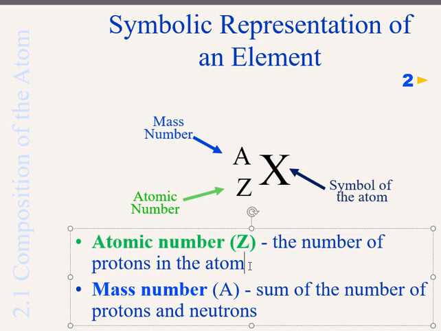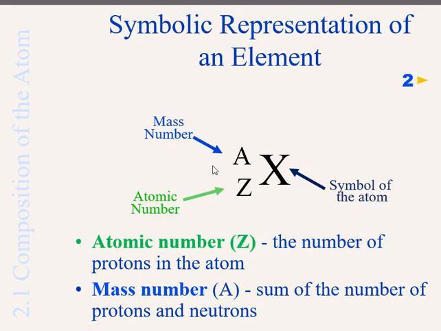It is what it is, and we cannot change it. Mass number is the sum of the number of protons and neutrons. And why is it called the mass number? The reason is all the mass of an atom comes from the mass of